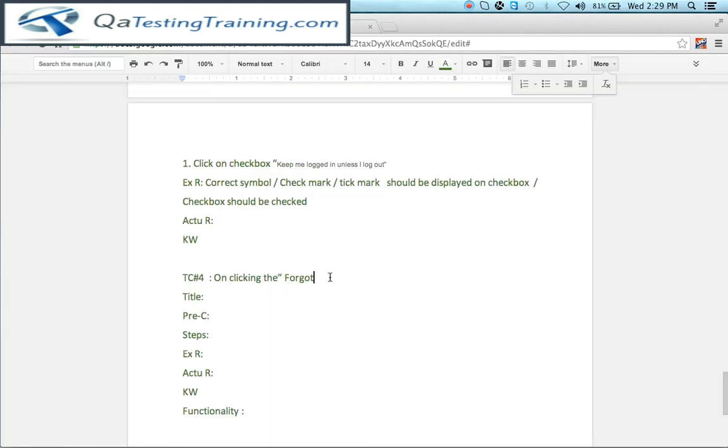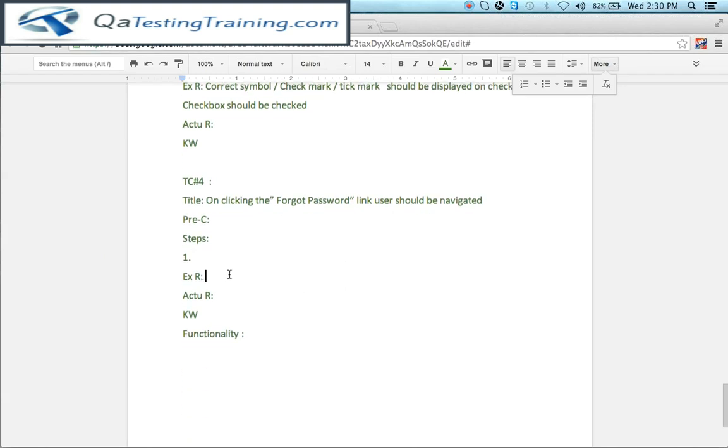On clicking the forgot password link, user should be navigated to, we can say this is a title, right? We can write a small one, and in the expected result we can say where he should navigate, the destination window, what it should be, we can write. So title, precondition, we can mention access or execute test cases, and in steps we can directly click on the link forgot password. In expected result, you should say